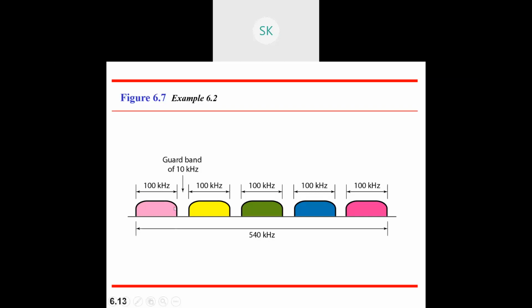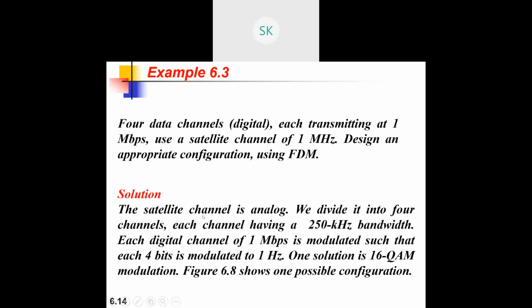So from 20 to 32 kilohertz you have, right? Let me show you the diagram. This is how it will be. First, 20 to 24, one particular type of signal will be generated. The other person will be talking in the second scenario, that is 24 to 28. Then 28 to 32. If you combine all these, it becomes 20 to 32 kilohertz. This is with respect to your sender part. From the sender, it will be combined at this particular rate. Now this will be transmitted to the receiver.